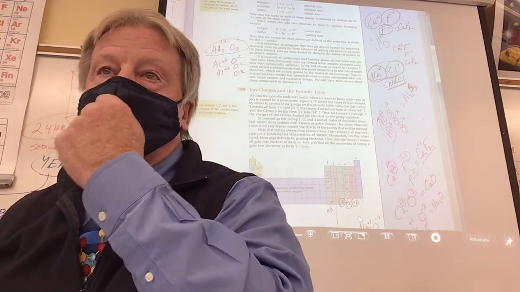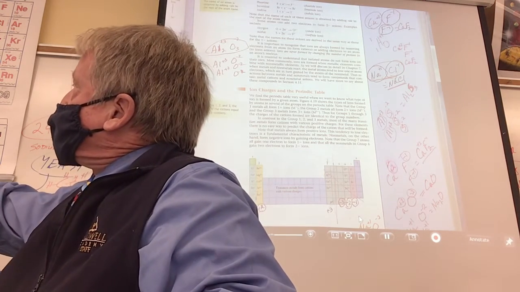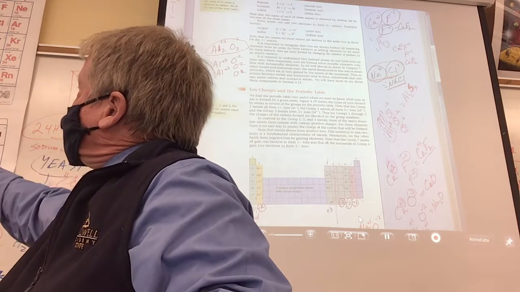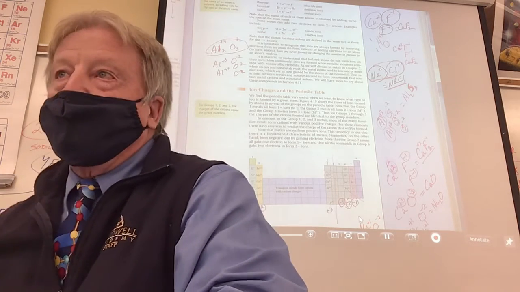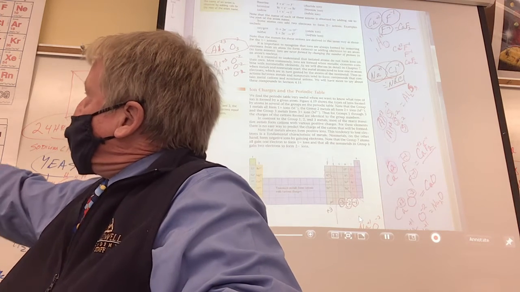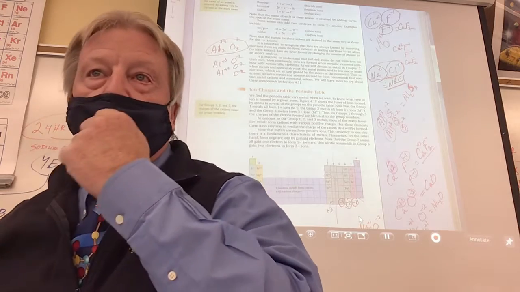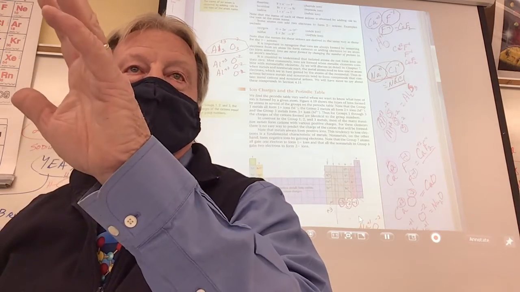I don't think that's what you should do in high school. In high school, I think you should teach the A groupings versus the B groupings, okay? And if you take a look, see that little guy here, 1A, 2A, 3A, 4A, 5A, 6A, 7A, and this is 8A. It says 0, but it's 8A. Is everybody with me? Okay.